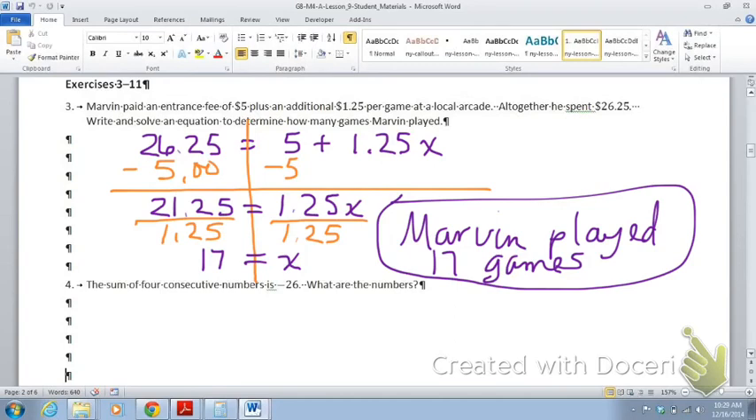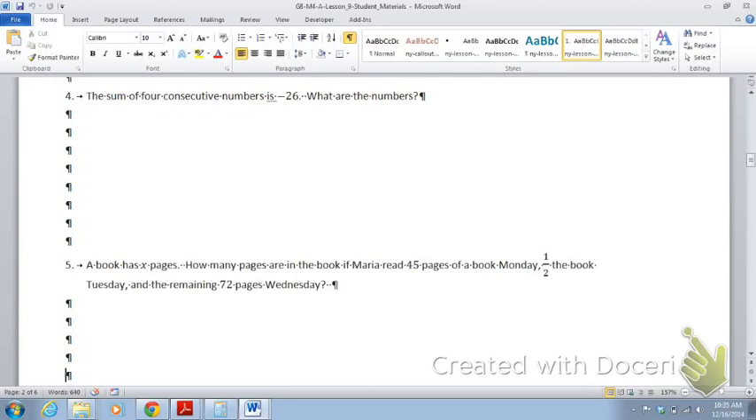Let's look at number 4 now. And again, try it yourself. Pause the video now before you see my solution. Number 4 says the sum of 4 consecutive numbers is -26. What are the numbers? So we did this back in the first couple lessons of this module, where we know